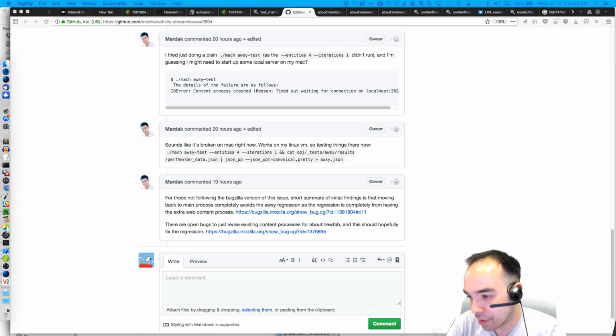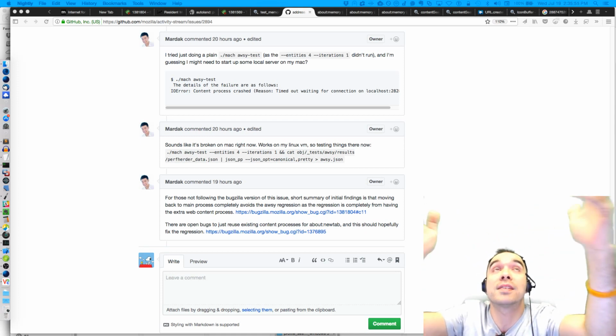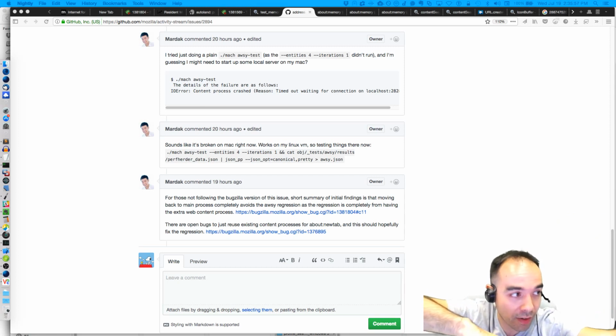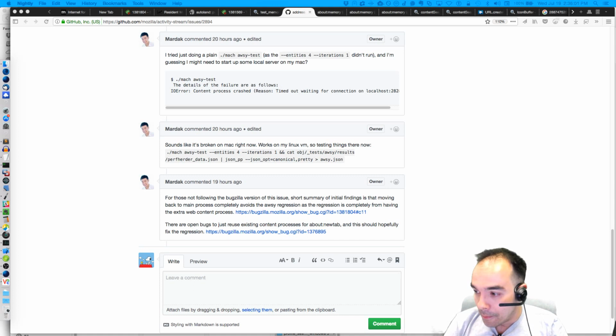Well, hang on, that's not true. So hang on, there's always confusion between the pre-allocated content process and the preloaded About New tab. The fix to load About New tab in an existing content process should avoid the preloaded content process, right? What's interesting is that